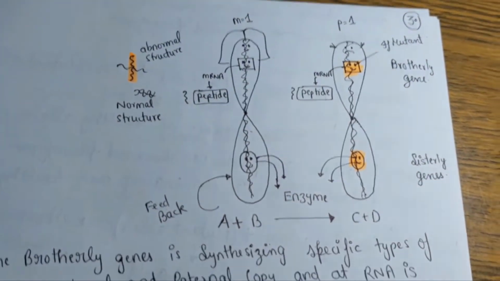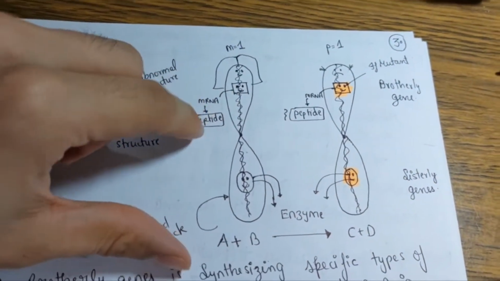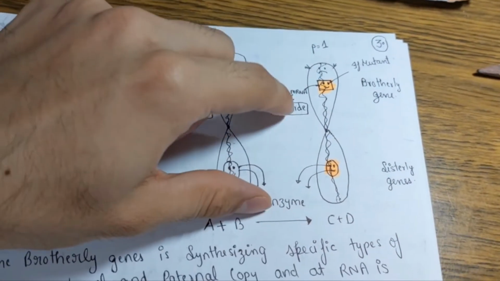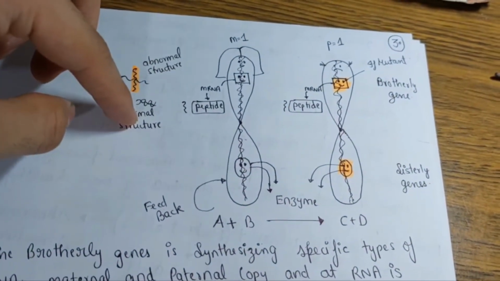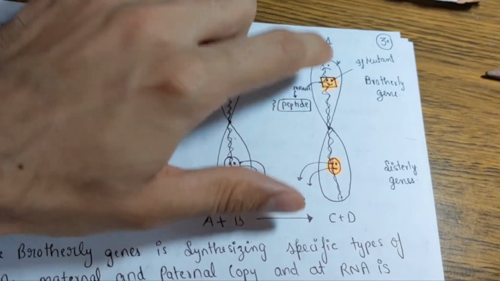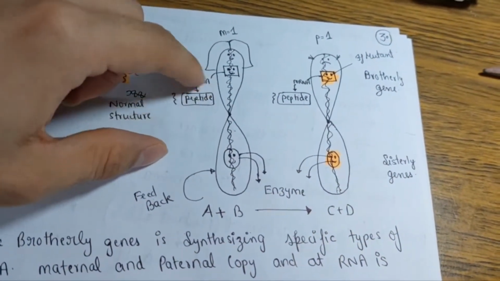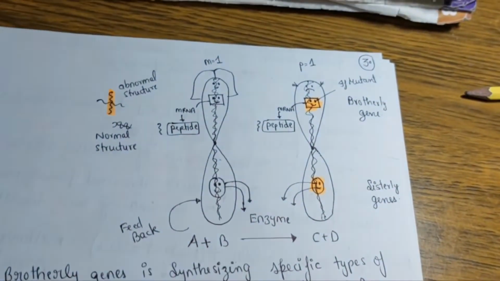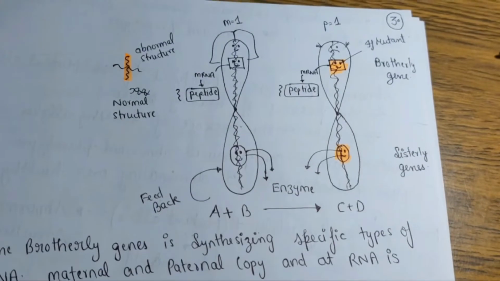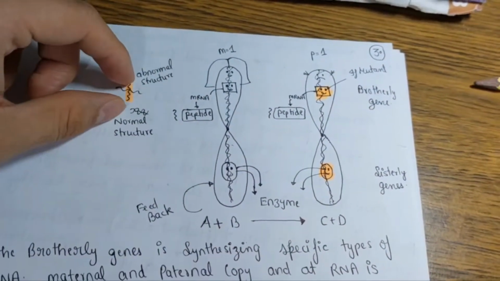So now what happens here is, if we consider that this maternal gene produces mRNA which produces a peptide, and the paternal gene produces mRNA which produces a peptide, and both of them together form a normal structure. So if one of the brother genes gets mutated, the normal gene will produce the mRNA and its peptide, and the abnormal gene will also produce abnormal mRNA and the abnormal peptide. But now to form the respective peptide,